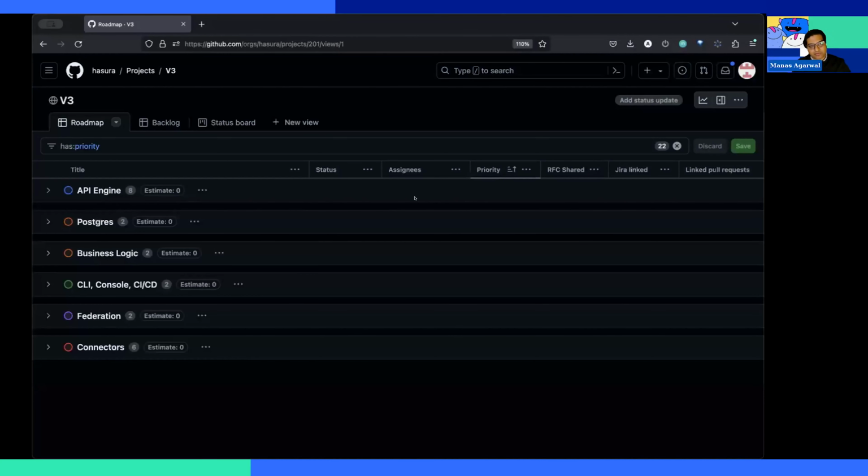progress in public. And that's what I'm going to hand over to Manas, where he's going to provide updates on our public roadmap on GitHub. Manas? Yeah, thanks, Rahul. In general, I can say on behalf of the whole team that we're excited about launching DDN and what we're going to build next in the V3 world.